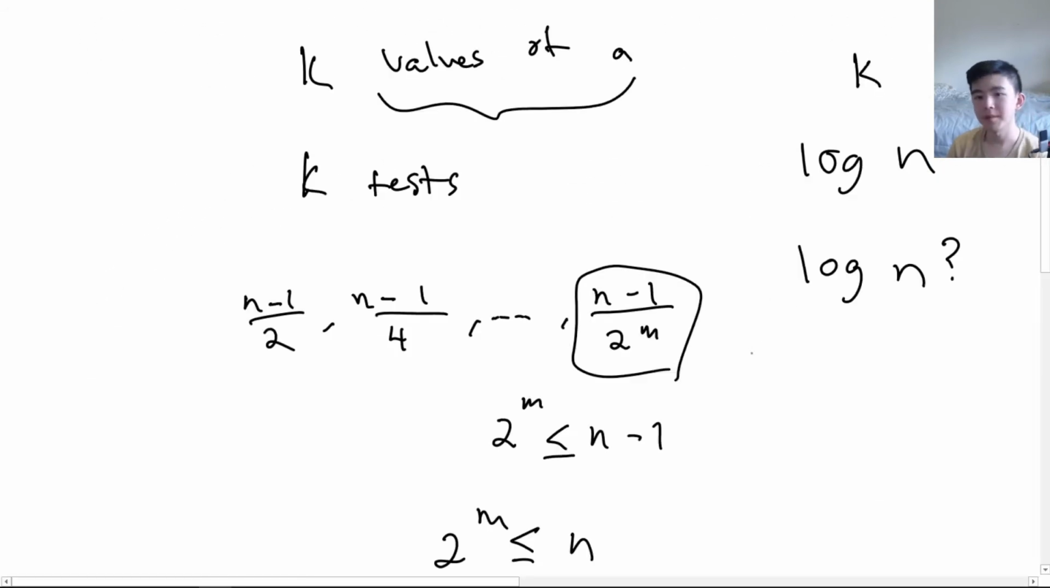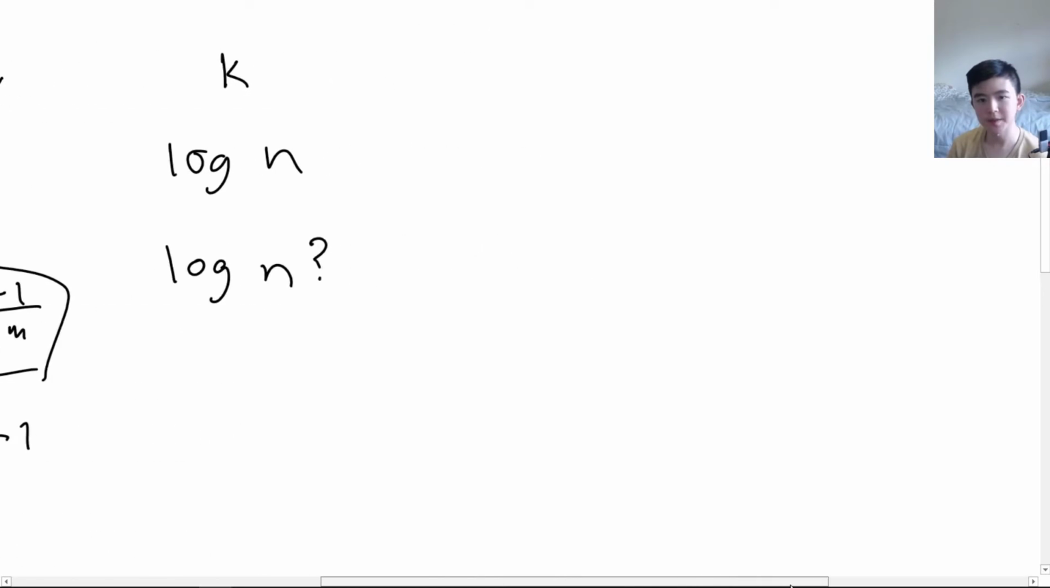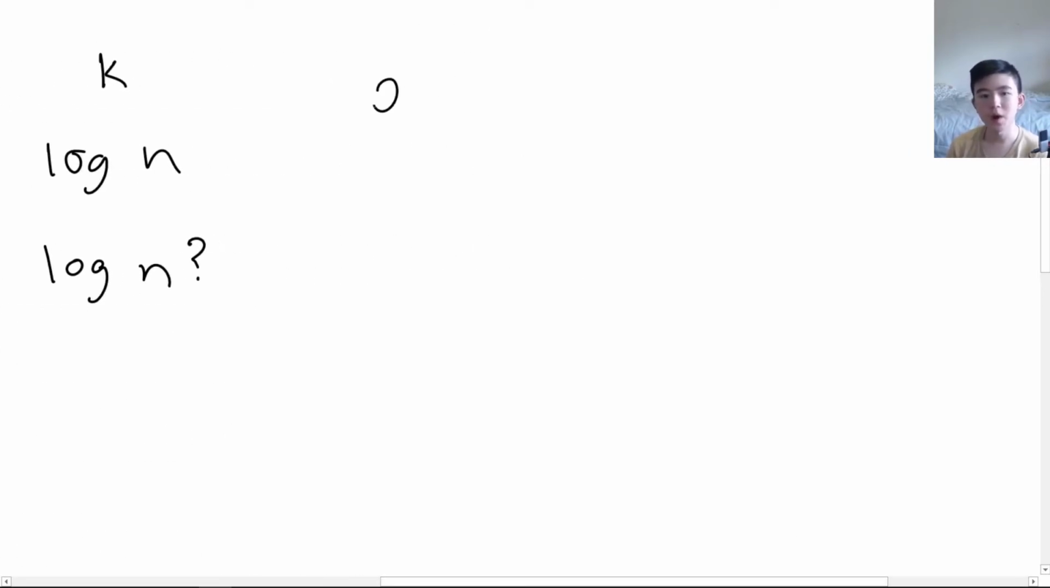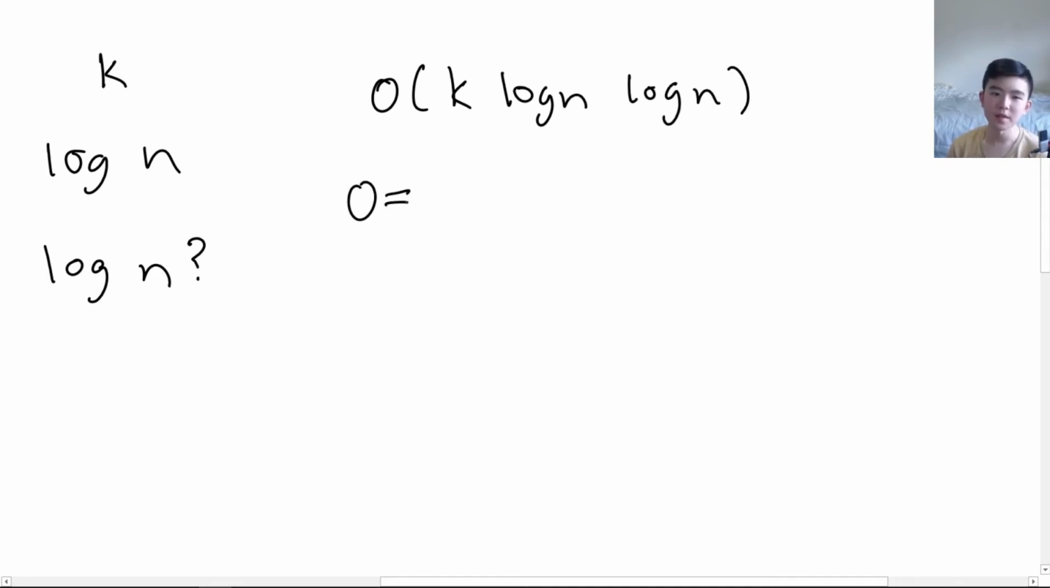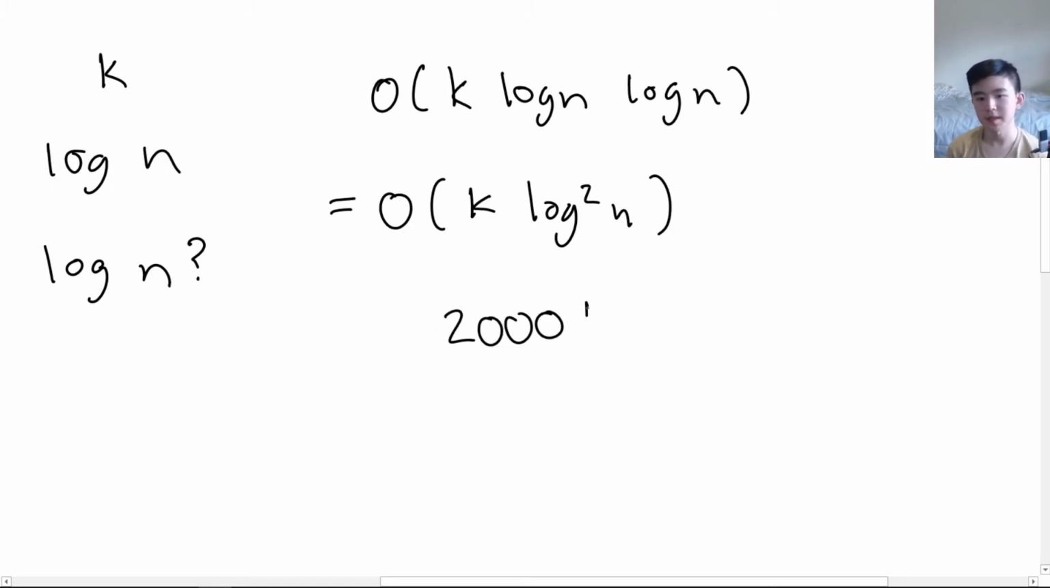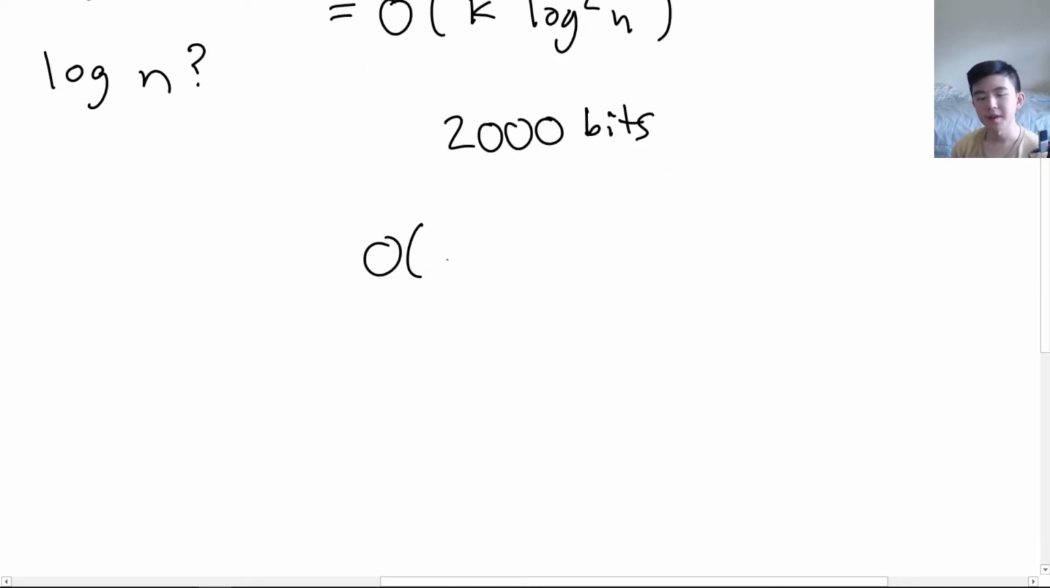Okay, so multiplying this together, I'll just scroll a bit to the right. So this is equal to O of k log n, which is just equal to, okay, O of k log squared n. And if we're doing something with 1,000 bits or 2,000 bits, so we're going to just say 2,000 bits, log n is going to be 2,000, so we're going to get something on the scale of, if k is 40, we're doing 40 rounds, 40 times